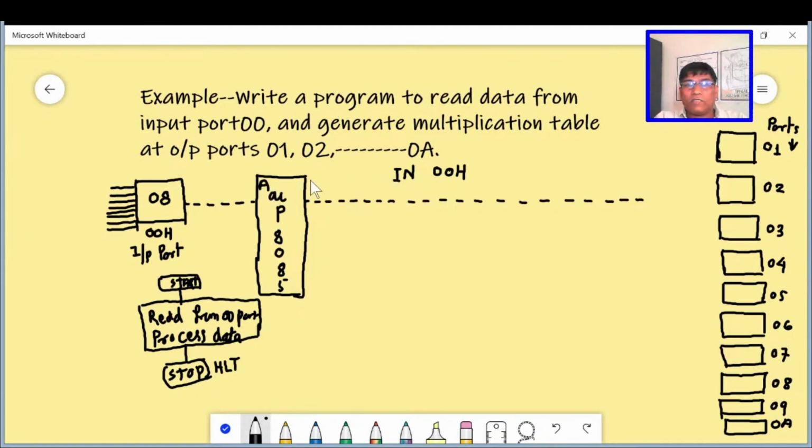That means after execution of this instruction, accumulator will contain 08. 08 we have taken as an example.